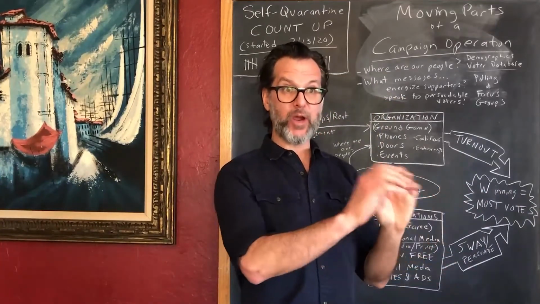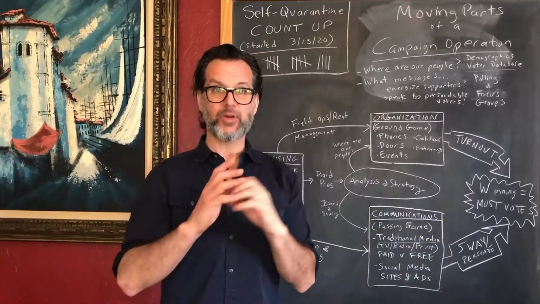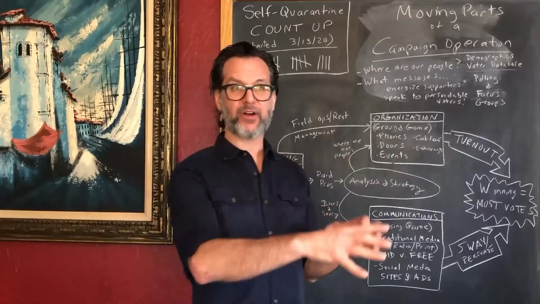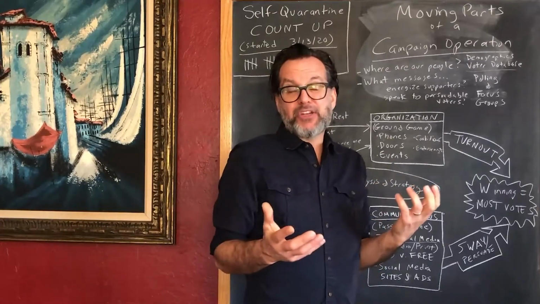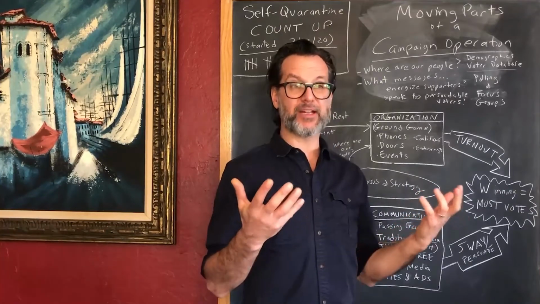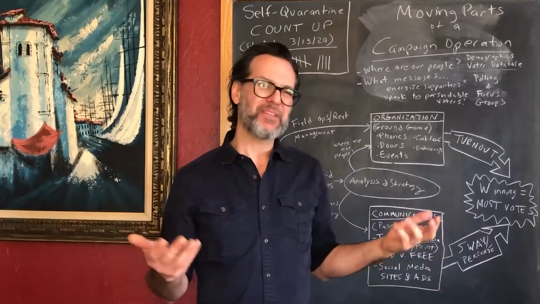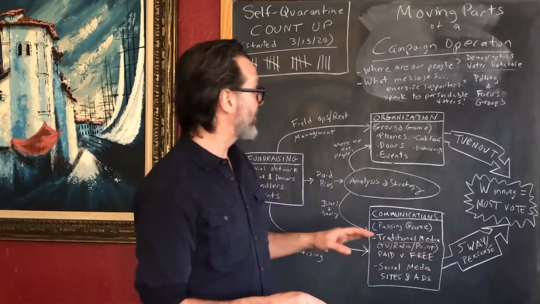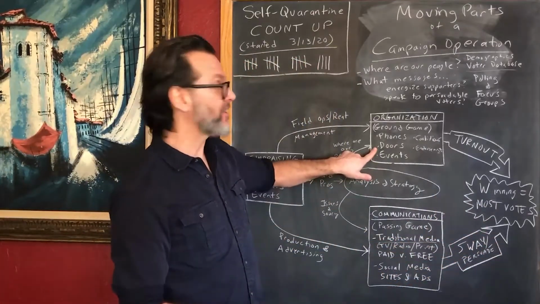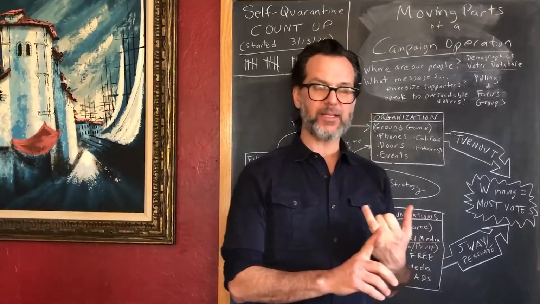Where are these people? Where should we be going to knock doors? Which census tracts, which zip codes, which neighborhoods, which parts of our district are the people that may or may not even know that I'm running, or may or may not know that there's an election, or are potentially going to vote for governor and president, but might not vote down ballot? Where are these people physically so we can go reach them? And where physically for their doors, and where physically for their phones, and also where in terms of email